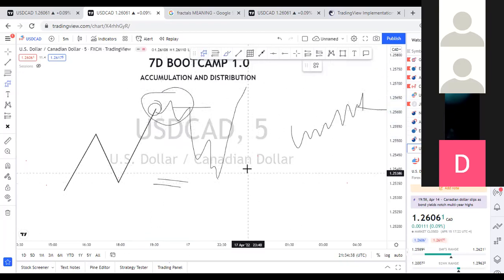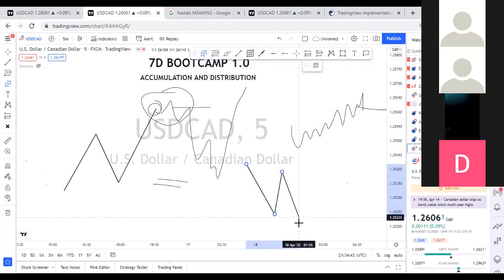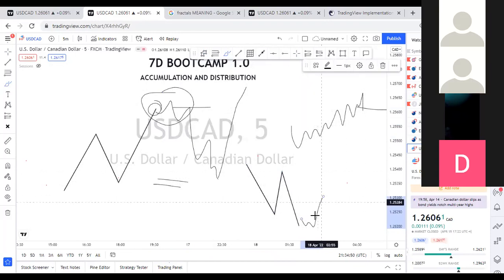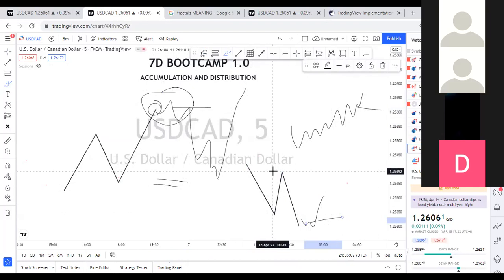Now in the bearish structure, when this happens, price will accumulate: lower high, lower low, break of structure in bearish structure. Accumulation in bearish structure, distribution in bullish structure. All right, so I think I've been able to answer that. Accumulation and distribution happen in the same different trends. So yeah, that's